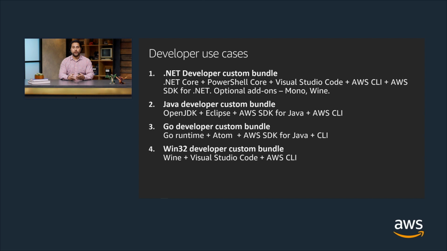So let's elaborate a little bit about the developer use cases. So we talked a little bit about what Amazon Linux Workspaces are, what Amazon Workspaces does as a service. Let's drill down a little bit on what type of developer use cases you can use. Now, this is not an exhaustive list. Obviously, you can tweak your image to do exactly what your requirements are. These are some of the things that we saw in the market that are very common that our customers are using. Our customers are heavily using Amazon Linux Workspaces for .NET developer